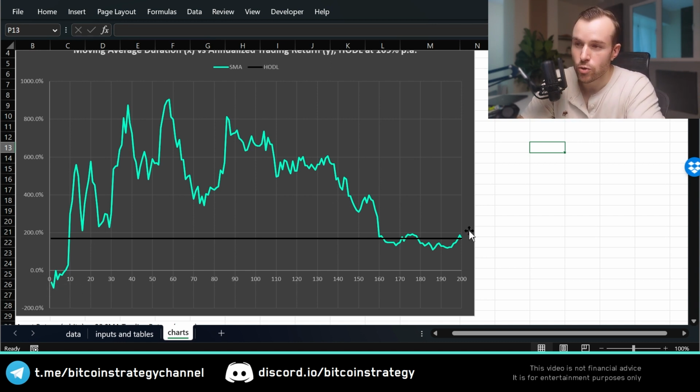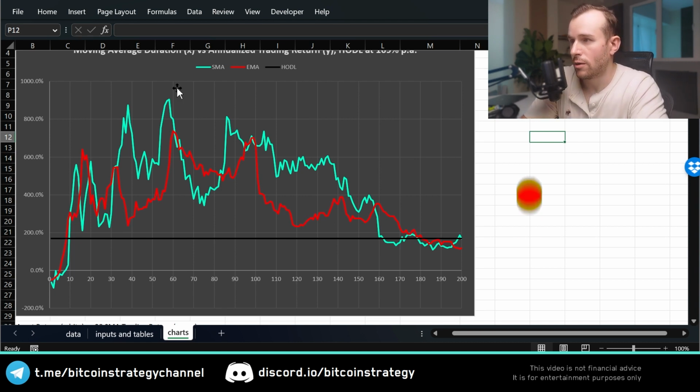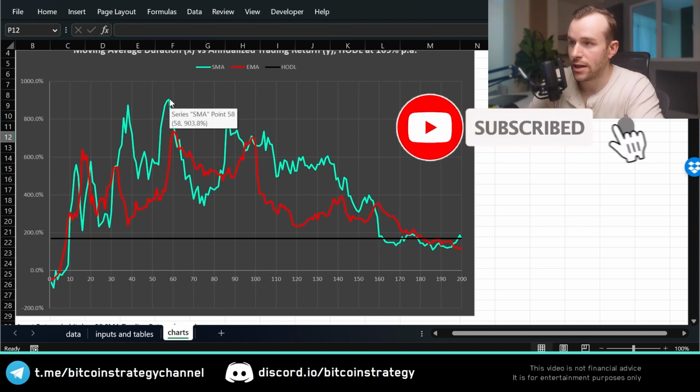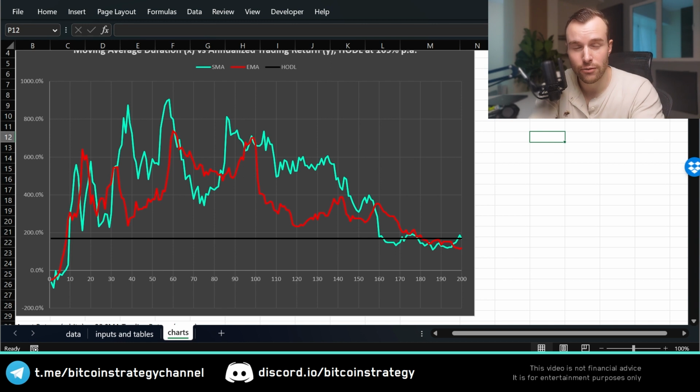But you also don't want to go too long, because then you're very close to buying and holding. And so you can optimize and figure out what's actually the best moving average. I tend to take the shorter term moving average, but yeah, you can also take the 58-day. Now what we have here in red is the best exponential moving average. So that's a slightly modified version of a moving average. I always backtest both, but I noticed with a lot of assets that usually the simple moving average tends to